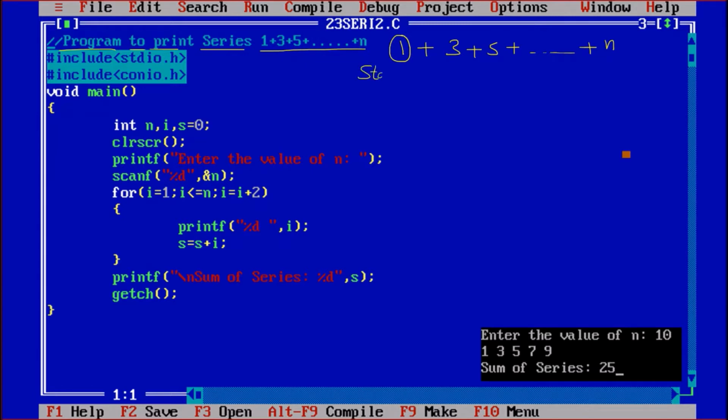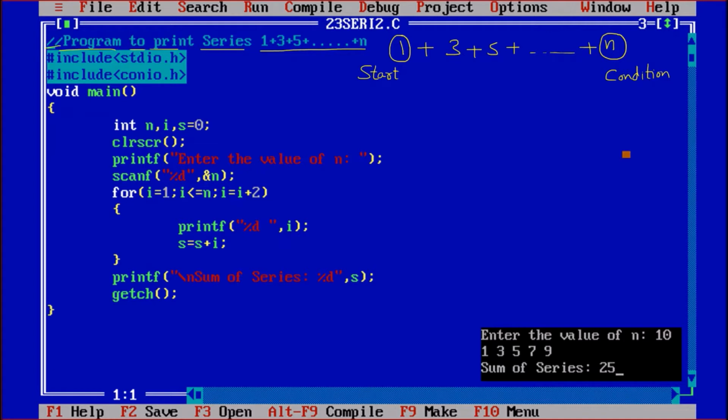So it will start with 1. Ending value is n, that means the condition is applied till n, and that value of n will be taken by the user. So first of all, we are starting the program.